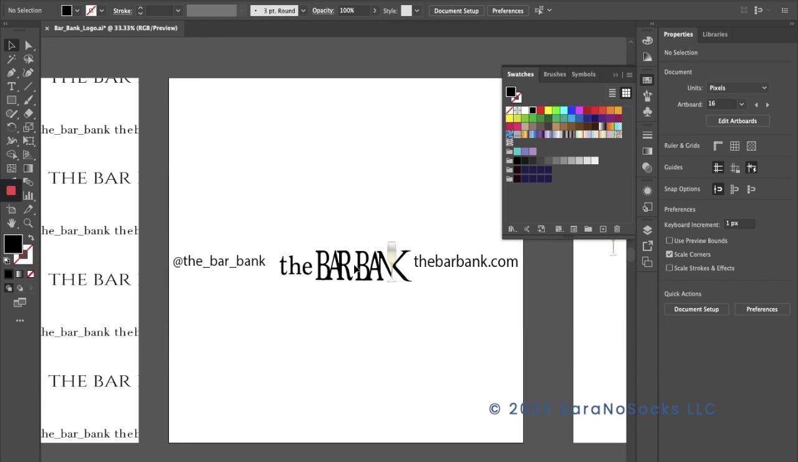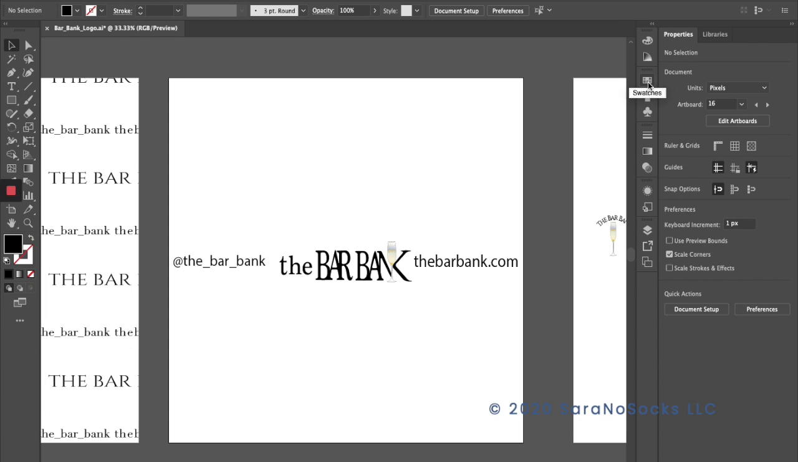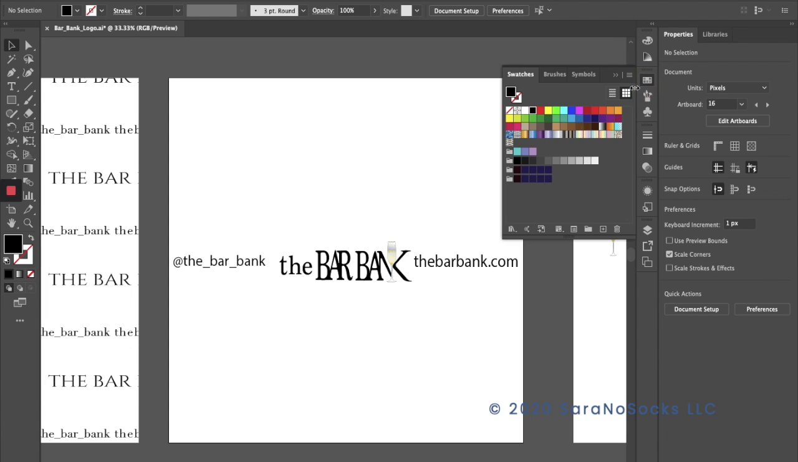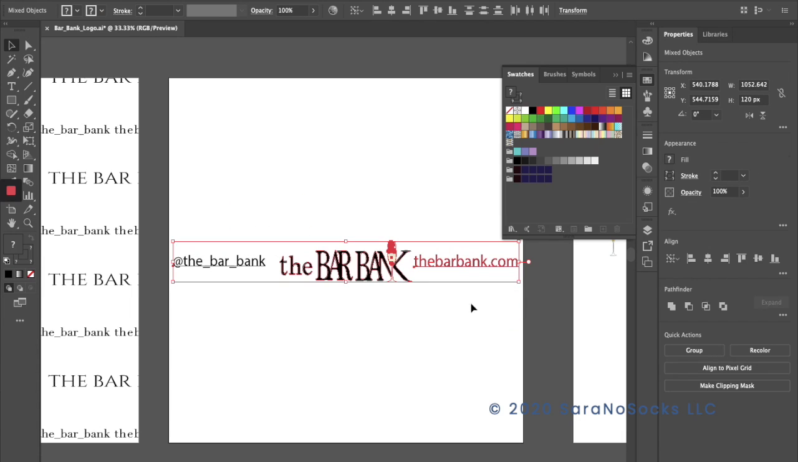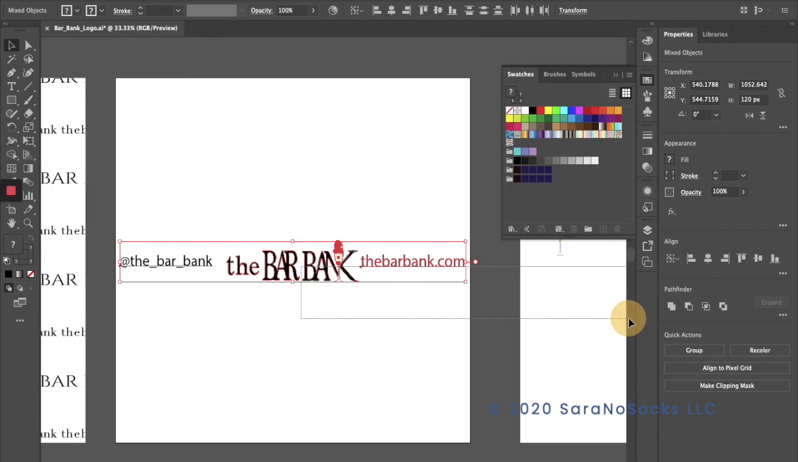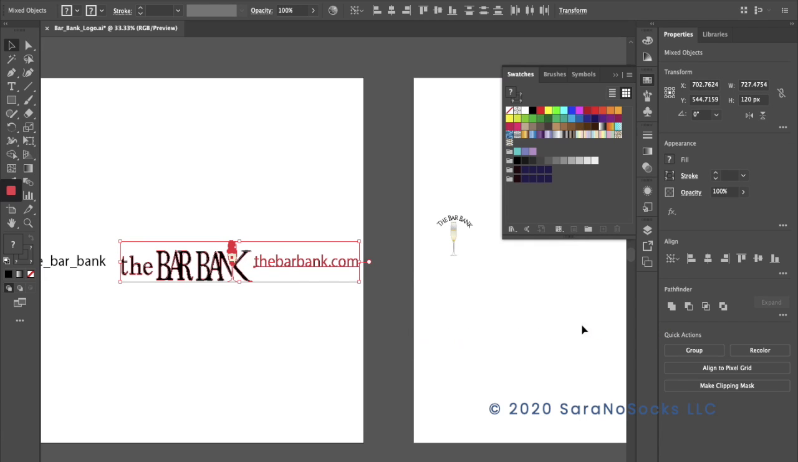Now, you're thinking, oh my gosh, where did it go? No problem. It's over here in your swatches panel. So if you don't have your swatches panel open, you can come down to swatches, click that, it will pop out, and it will be there in your panel. Want to see it in action? Yes, me too. So what I'm going to do is move all of these current words over,